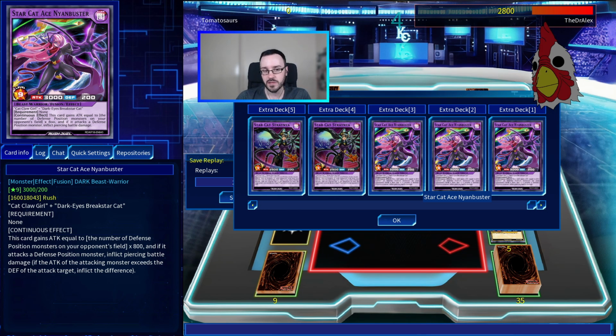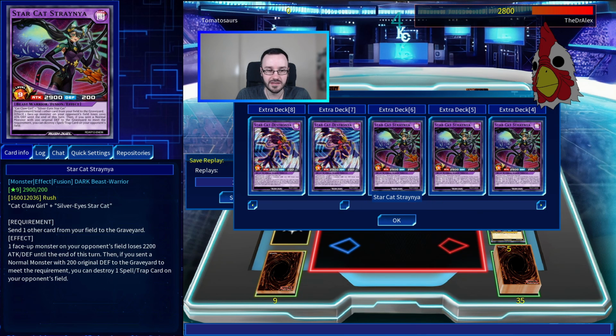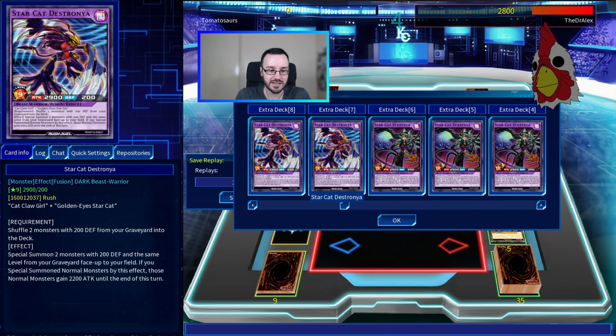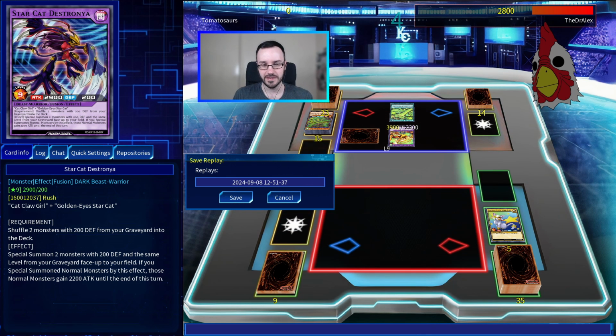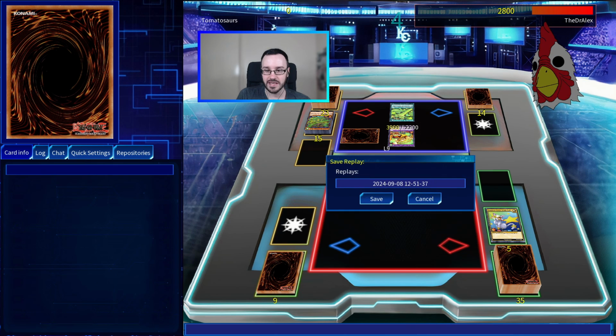So if you have 3 set cards, it gains 2400, so it goes to 5400 with piercing, which I guess is nice, but is that better than popping back row and reducing your attack and boosting my entire board? I don't know about that. But we didn't really get to see a ton of...